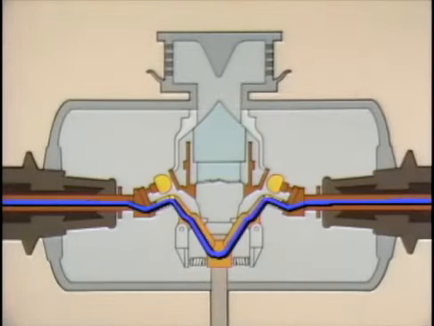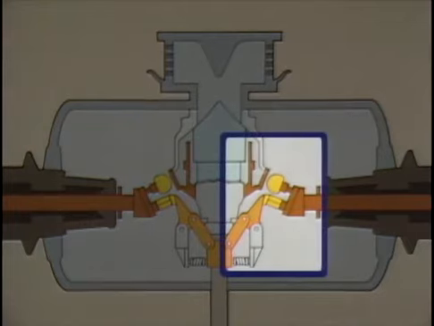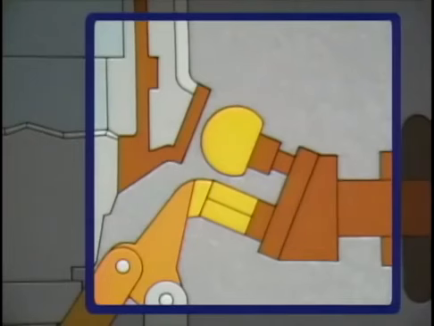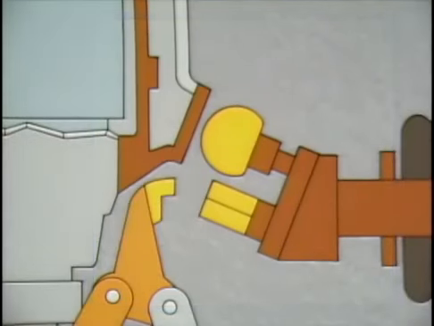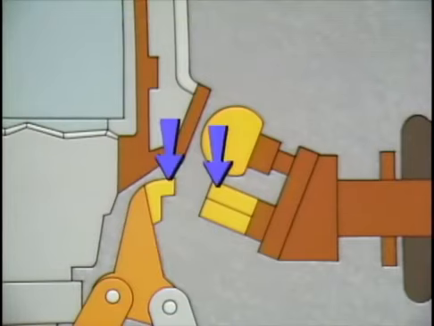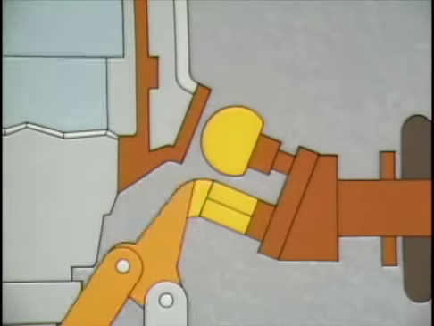Now, the main current path in this type of breaker is through the conductors and the contacts. Let's take a closer look at one of the contact assemblies with the contacts open. The assembly includes a set of main contacts and a set of arcing contacts. Now let's close the contacts and see how the breaker works to open the circuit and extinguish the arc that